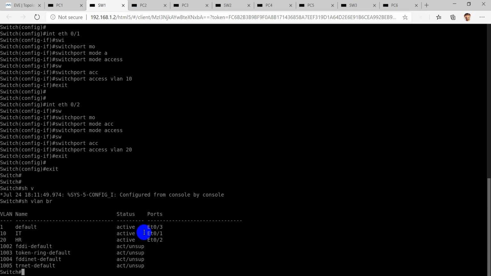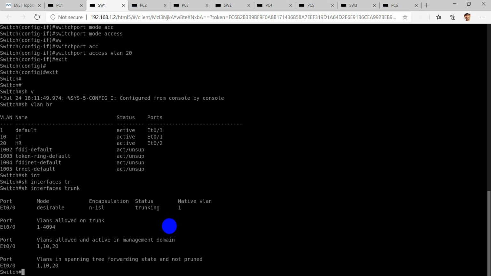Now if we check here, Ethernet 0/1 and 0/2 are assigned to VLAN 10 and 20 respectively. We are not able to see Ethernet 0/0 as it is a trunk interface. In show interfaces trunk, we can see this 0/0 interface is present, and VLANs 10, 20 and 1 are allowed.